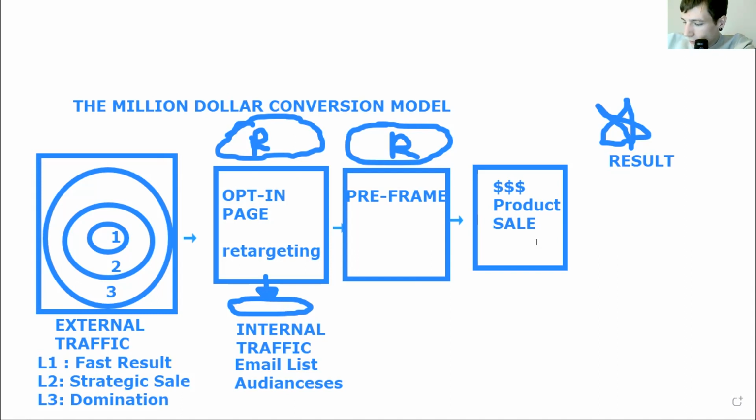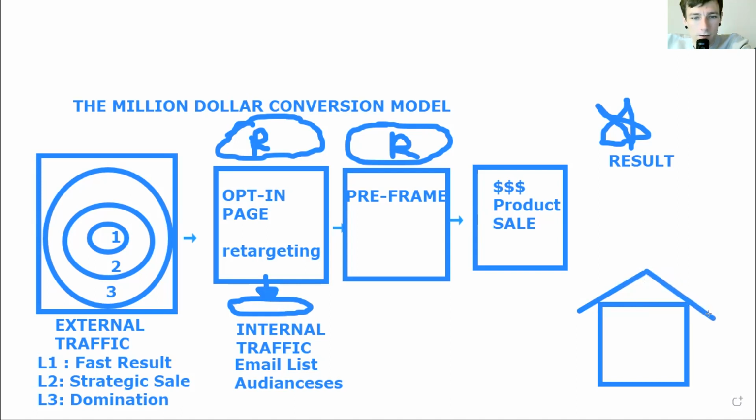Okay. Now after that, this is the key to the $1 million conversion model. So you've got this part down here, which is your little home. So this is your little home on the internet, because when you're building your online business, you just have a funnel and you're inviting people to come to your funnel, it's very linear and shallow thinking. When you want to think big, like the $1 million conversion model, you want to invite people, after they opt into your funnel, to your hub.